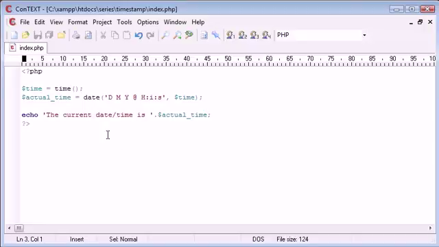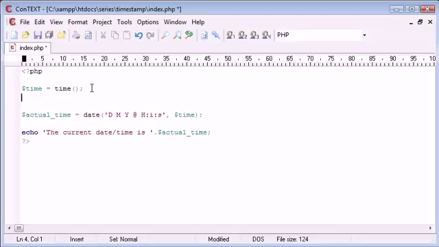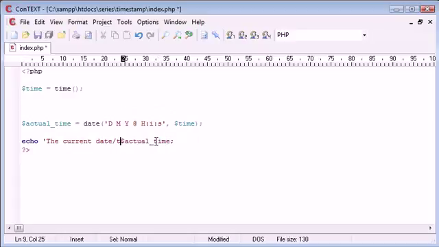So at the moment you can see we've got the time we've grabbed from a timestamp, we've got the actual time which has been formatted. However, what if I want to just up here, let's just remove this as well, otherwise it won't make sense. What happens if just up here I want to change the date? I want to change the date to say a week ago. Okay, so today's date is April the 1st, 2011. So what I want to do is I want to change the time,